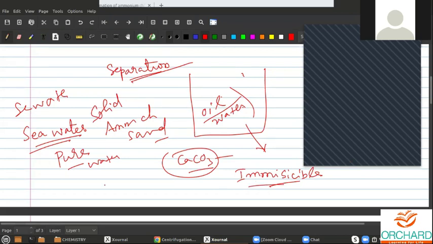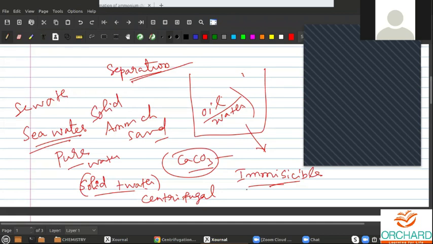And there is another method to separate a solid plus water solution. You can separate a solid from water or solid from a liquid solution which has not been completely dissolved. You can separate the solid using centrifuge method. Okay, centrifuge or centrifugal method. I will show you the video.